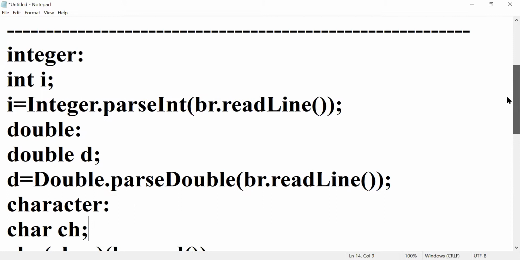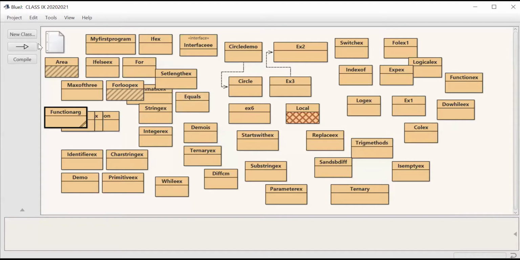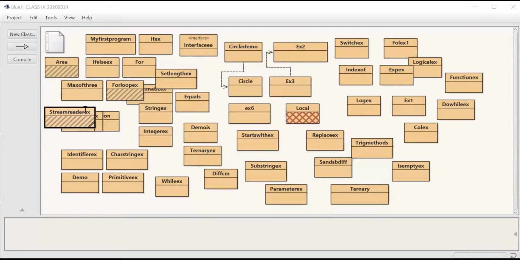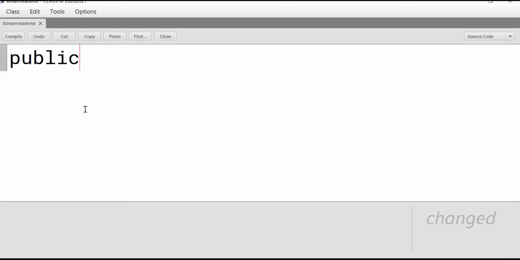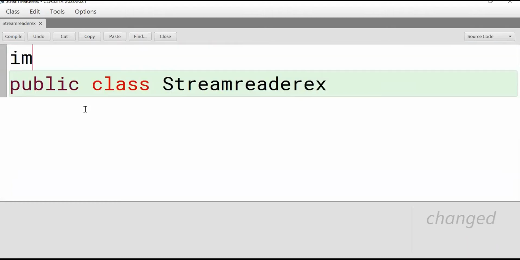Now the same program, that is addition of two numbers. Those two are integer type only. Now observe. Open your project. StreamReaderExample, same program. First we have to import the package, the io package.